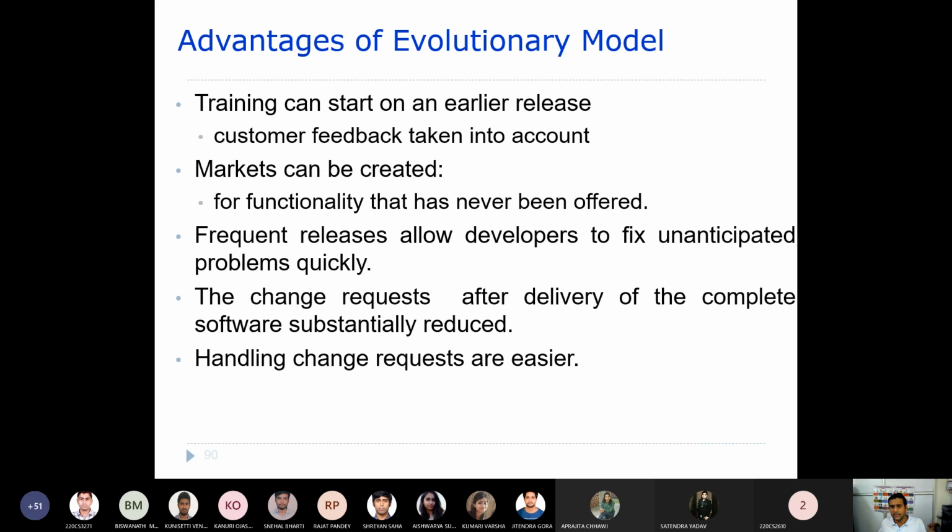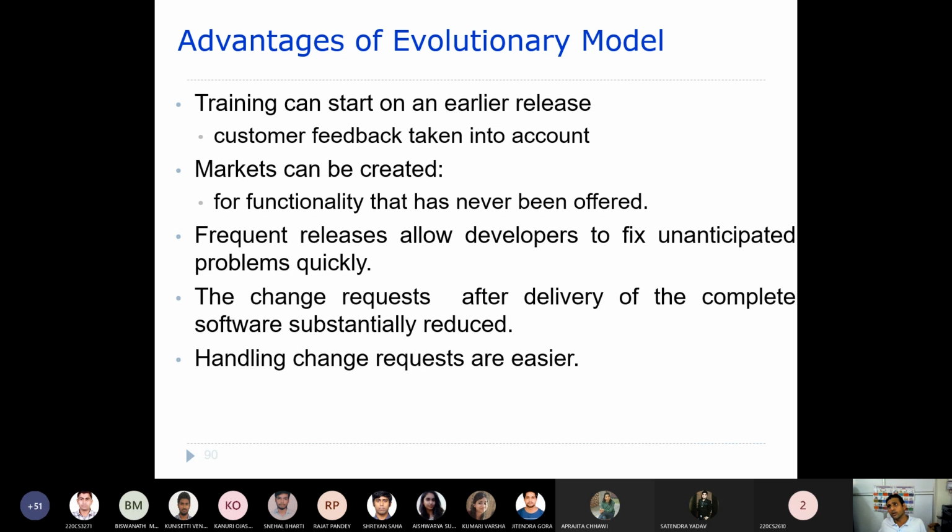So the change requests after delivery of the complete software are substantially reduced, because every version is used by the user, right? Experienced by the user. So probably that change request may not occur as happens with the waterfall model, right?